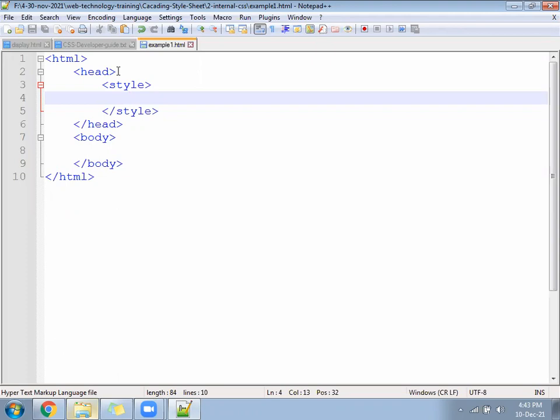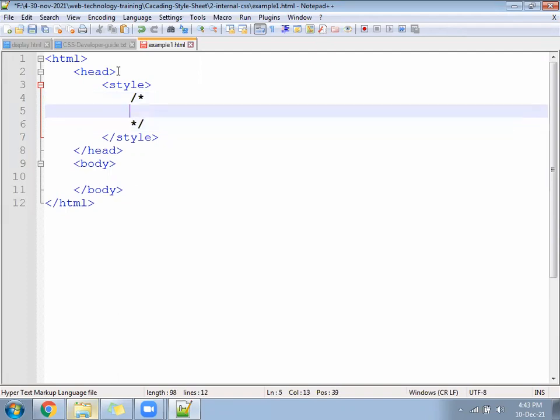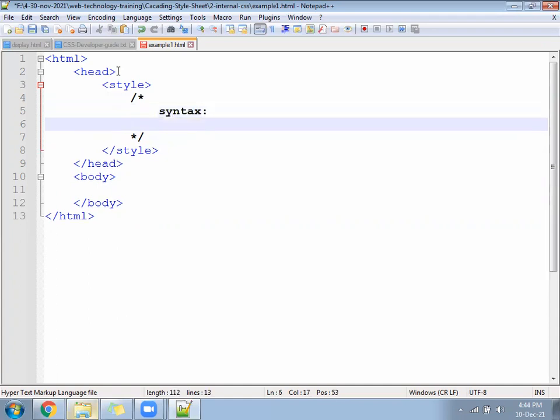Okay, clear? Let's go. This is called a comment line in CSS. So first write a comment: the syntax of CSS. How to write the CSS? Slash star, star slash.